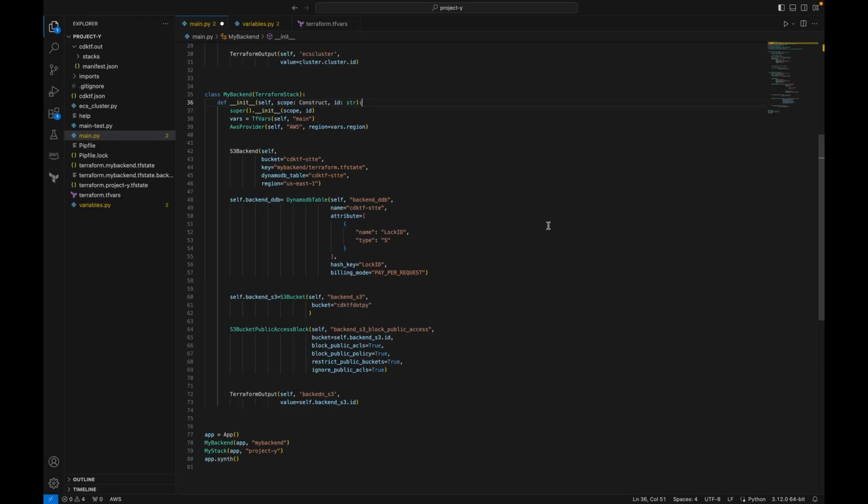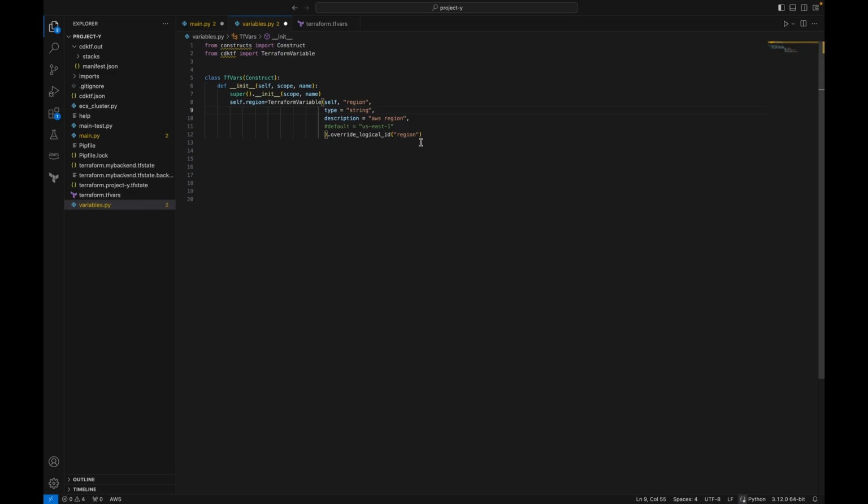I want to replace all these hardcoded strings with variables. And I would like to try a simpler alternative to the TerraformVariable construct. Let's replace this definition of the region variable with a simpler self-region of type string. Copy this value. I'll also create a new bucket